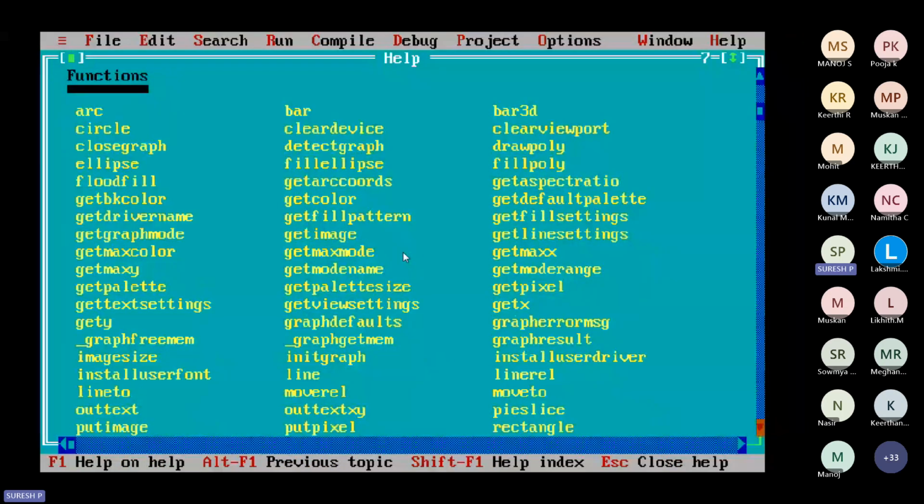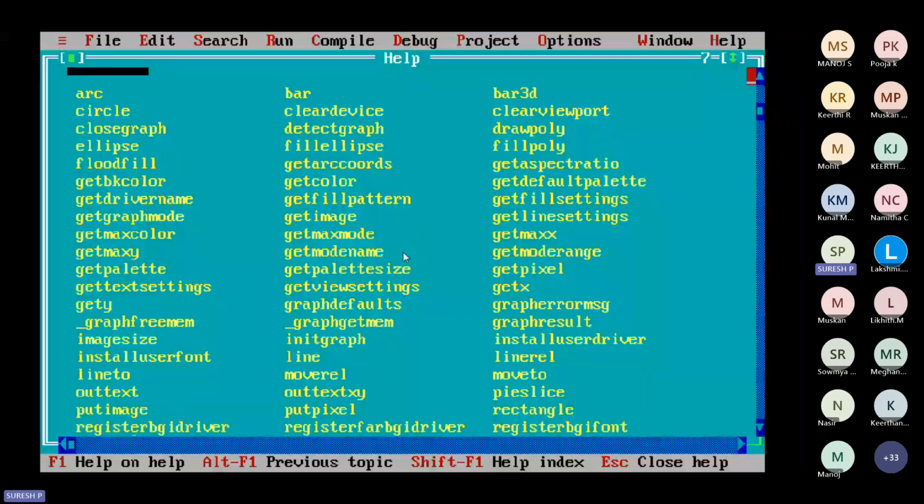These are some of the built-in functions which are available to do graphics, because using these built-in functions only, the earlier programs and games graphics were done using C and C++. So you can see the functions here, like arc, if you want to generate an arc. If you take, for example, the circle, how to draw a